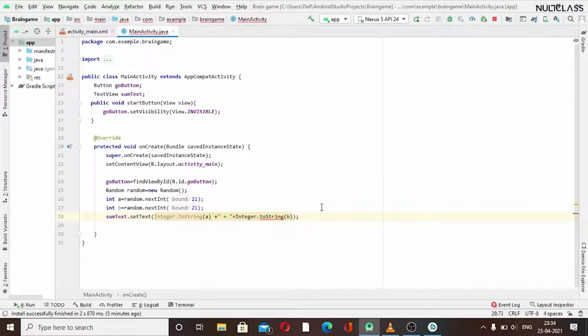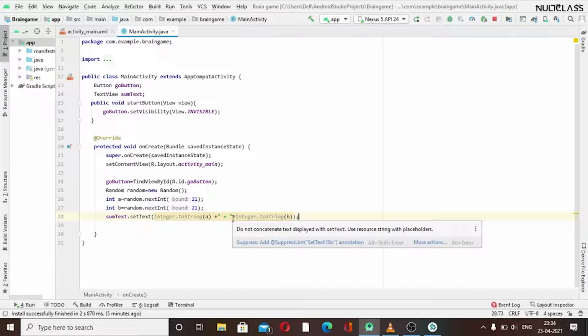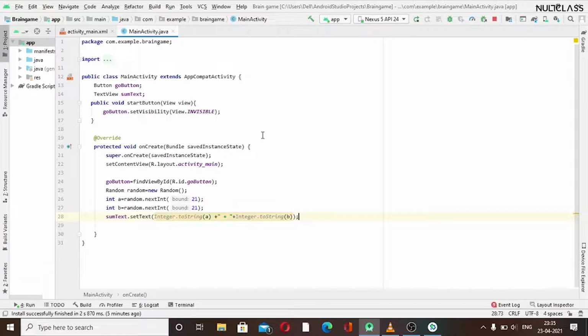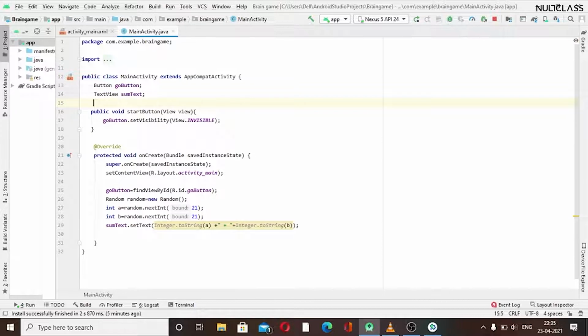So this will create our text view, and now we want to insert four answers, like we have to generate four answers. Out of them, one should be correct and the other three should be incorrect. So for creating four answers, we can do this by using an array or an array list. I prefer an array list, so I will create a new array list,